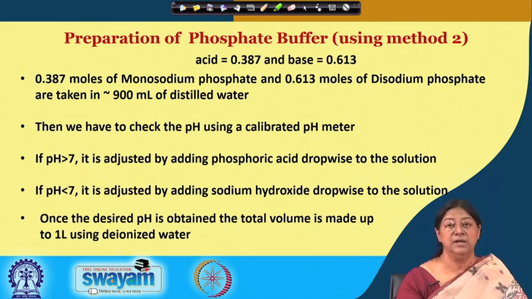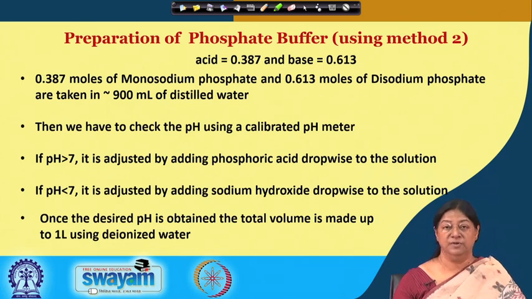It is important to note here that the ions that are being added to the solution are already present. So, because we are using a phosphate buffer, to decrease the pH, we are adding phosphoric acid. We are using a monosodium phosphate and a disodium phosphate. To increase the pH, if the pH is found to be less than 7, we add sodium hydroxide, thereby not adding any additional ions to the buffer solution under preparation. Once the desired pH is obtained, the total volume can be made up to 1 liter using deionized water, which makes a preparation of 1 molar, 1 liter of pH 7 phosphate buffer, which can be used for further biochemical